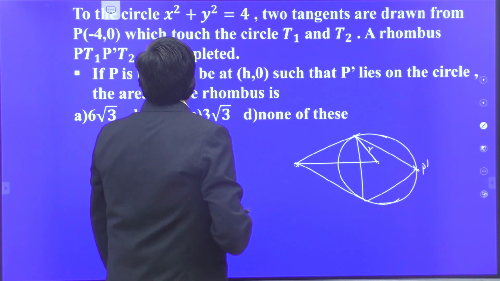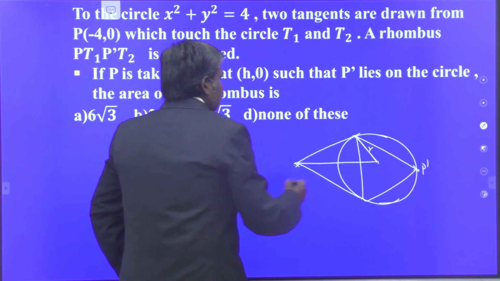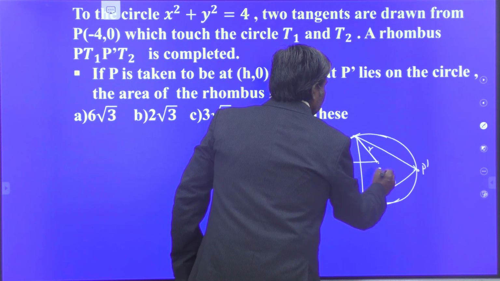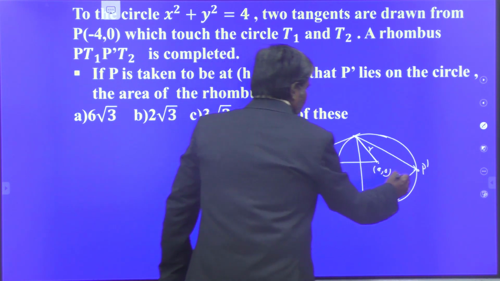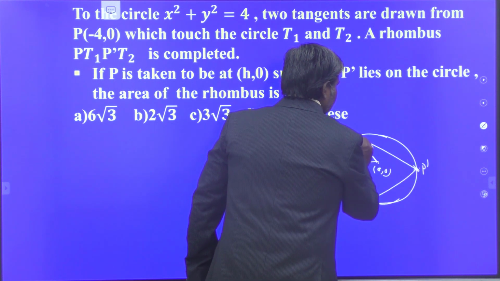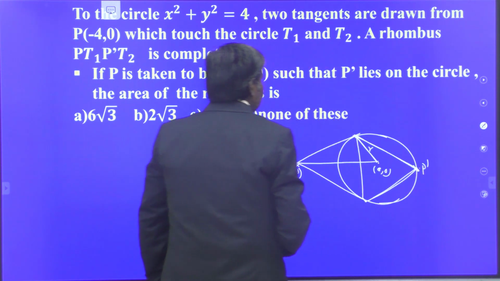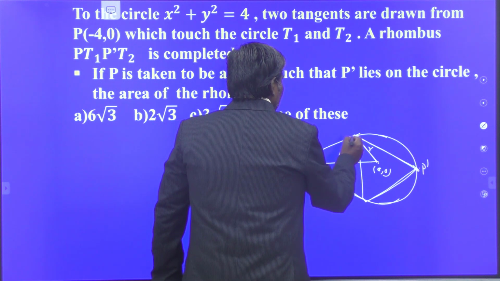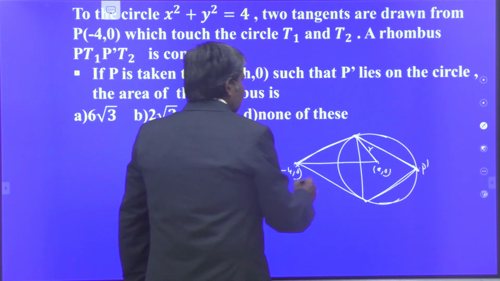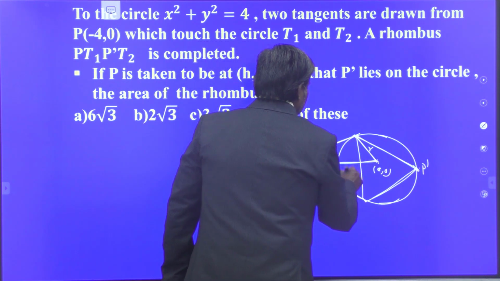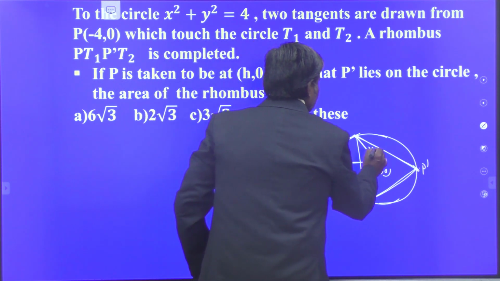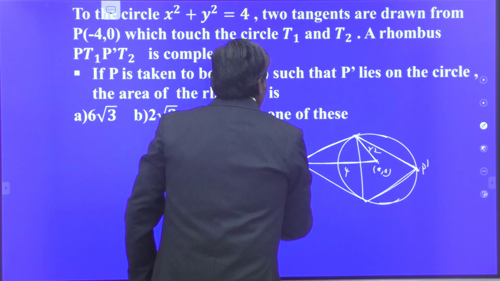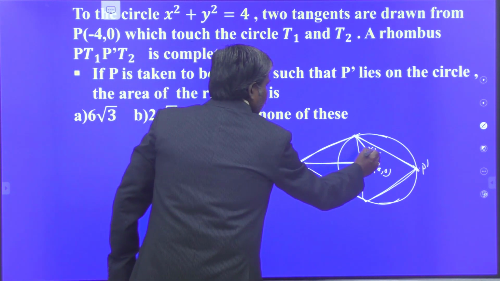Okay. Say this is the center, 0 comma 0. If your point is minus 4 comma 0, your point is on what? Circumference of the circle. Now can you find this length or not? The distance from here to here is 4 units. What is the radius of the circle? Radius of the circle is 2 units. Now can you find that length or not?